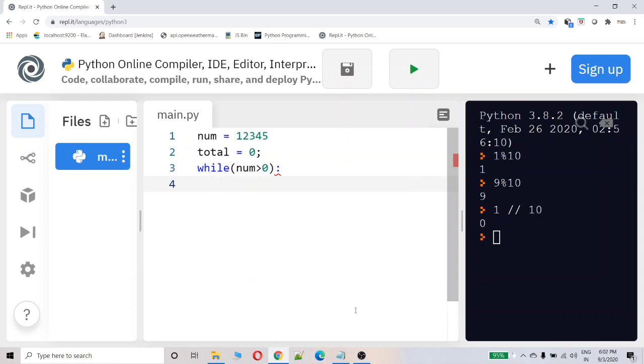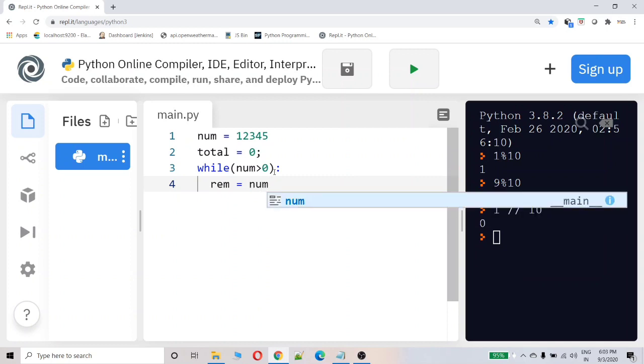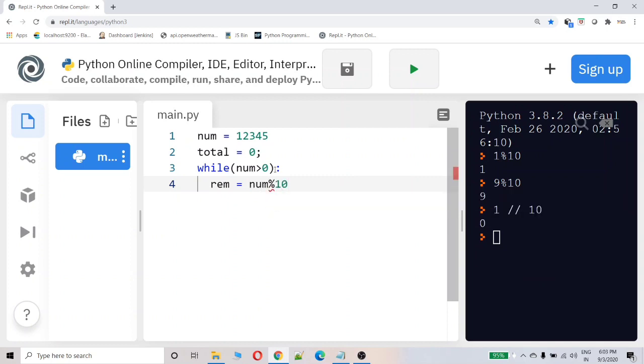So iterate when number is greater than 0. Remainder equal to number % 10.